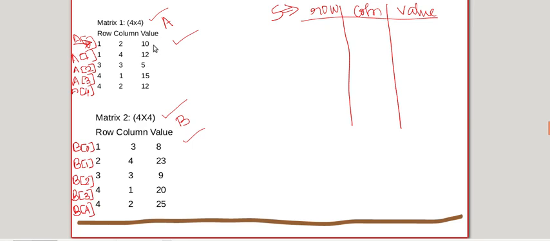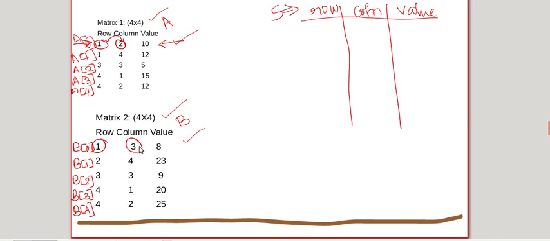Okay, first take A of 0 and take the row value of A of 0, that is A of 0 dot row, and compare that with B of 0 dot row. Check whether it is equal. Yes, in this case it is equal. When it is equal, you need to take the columns: A of 0 dot column and B of 0 dot column.